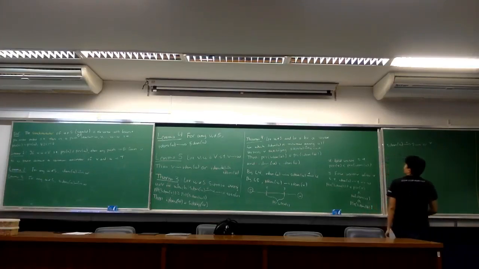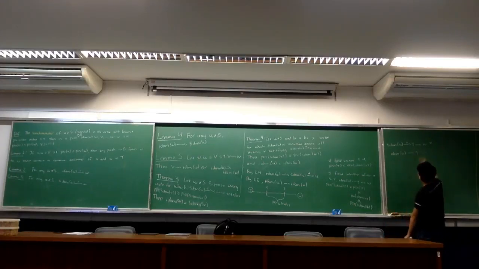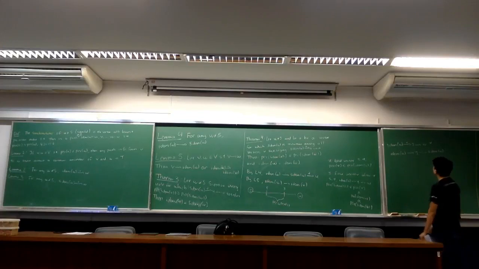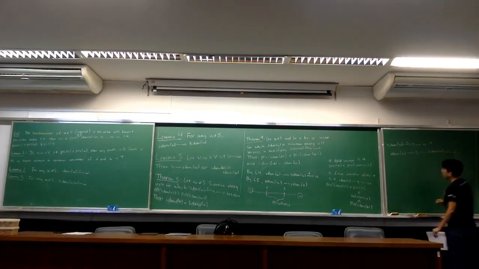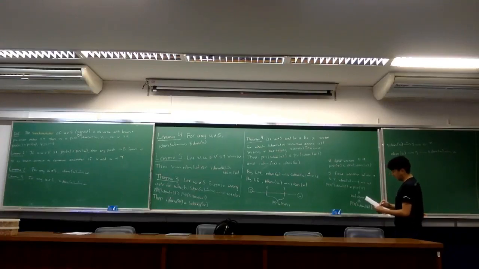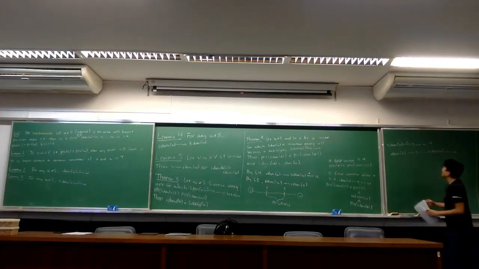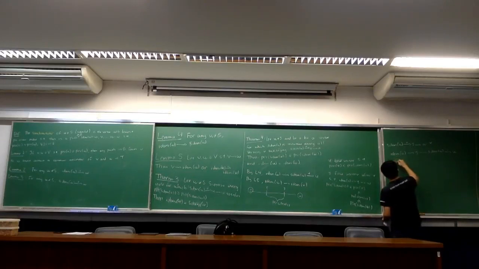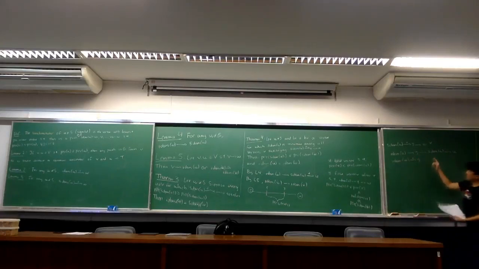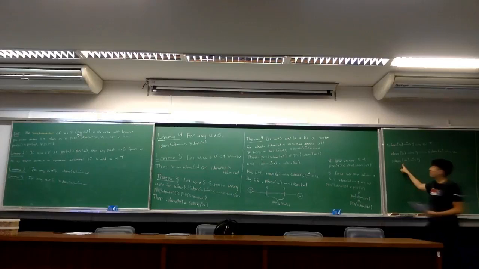So this cannot be true. So we know that this must be true: the item of U, an ancestor of Y, which is an ancestor of W. Now what I'm going to prove is that we cannot have this: Y cannot be a proper descendant of the item of W or U.